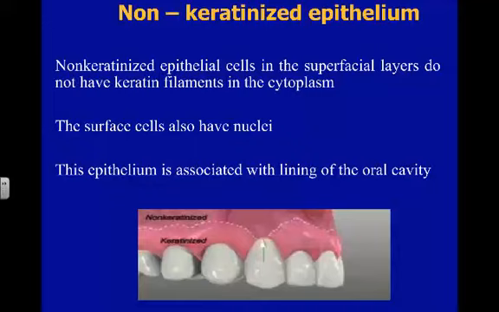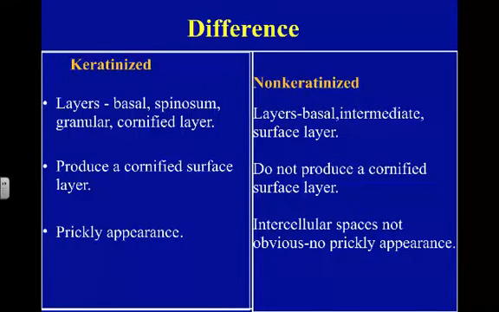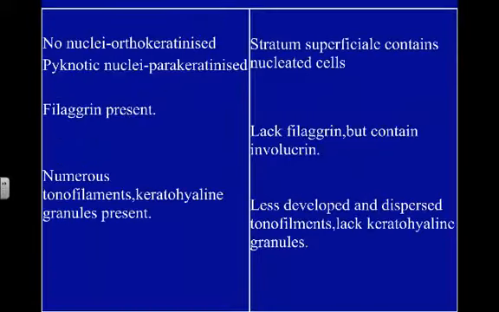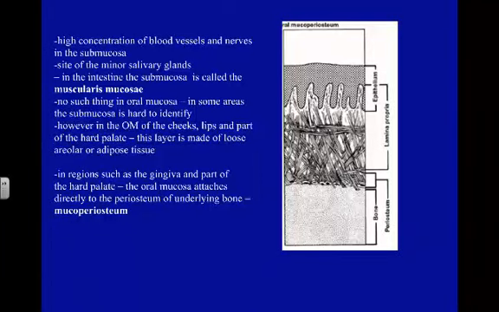So here you see the tooth, you can see the alveolar, the non-keratinized, the difference or the separation you see in non-keratinized and keratinized epithelium. All right. The difference, all right. Okay, and here is the example that I showed you here, that here is what you can see, this mucoperiosteum